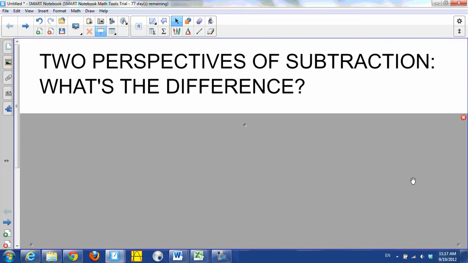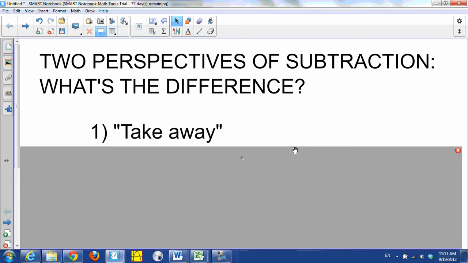Anyway, one perspective of subtraction is the one that you learn when you're a kid. What I think of as the takeaway perspective. If you start with 10 apples and you take away 2 apples, you have 8 apples left. So from that perspective, we know 10 minus 2 equals 8 because you take away 2 from 10 and you get 8. But the other perspective that most people don't think about